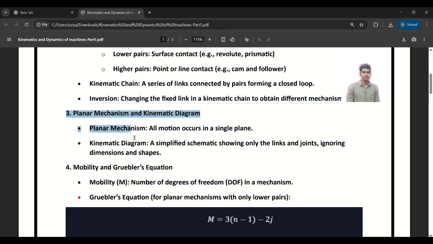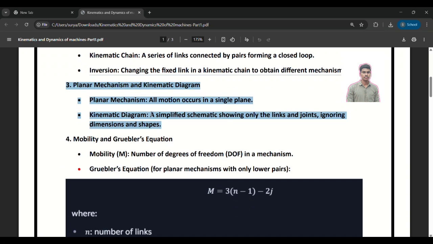So next we will move on to the planar mechanism and kinematic diagram. A planar mechanism is one in which all motion occurs in a single plane. You can understand here that all the motions occur in a single plane itself. And if you talk about the kinematic diagram, it is a simplified schematic showing only links, joints and ignoring dimension